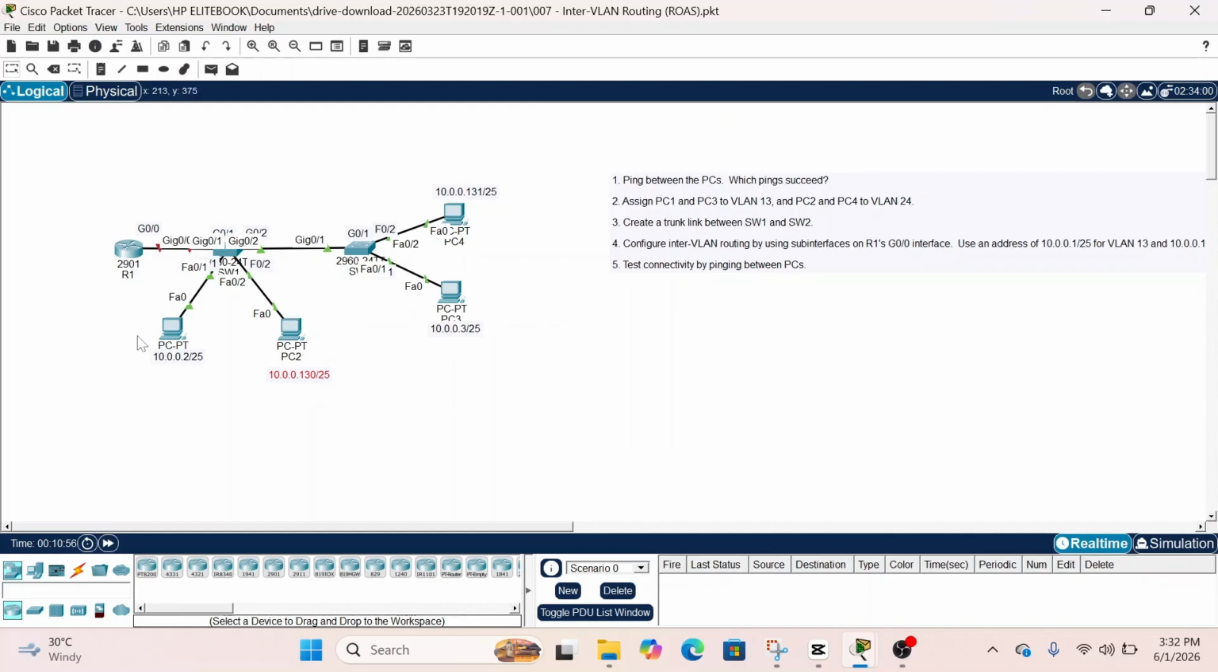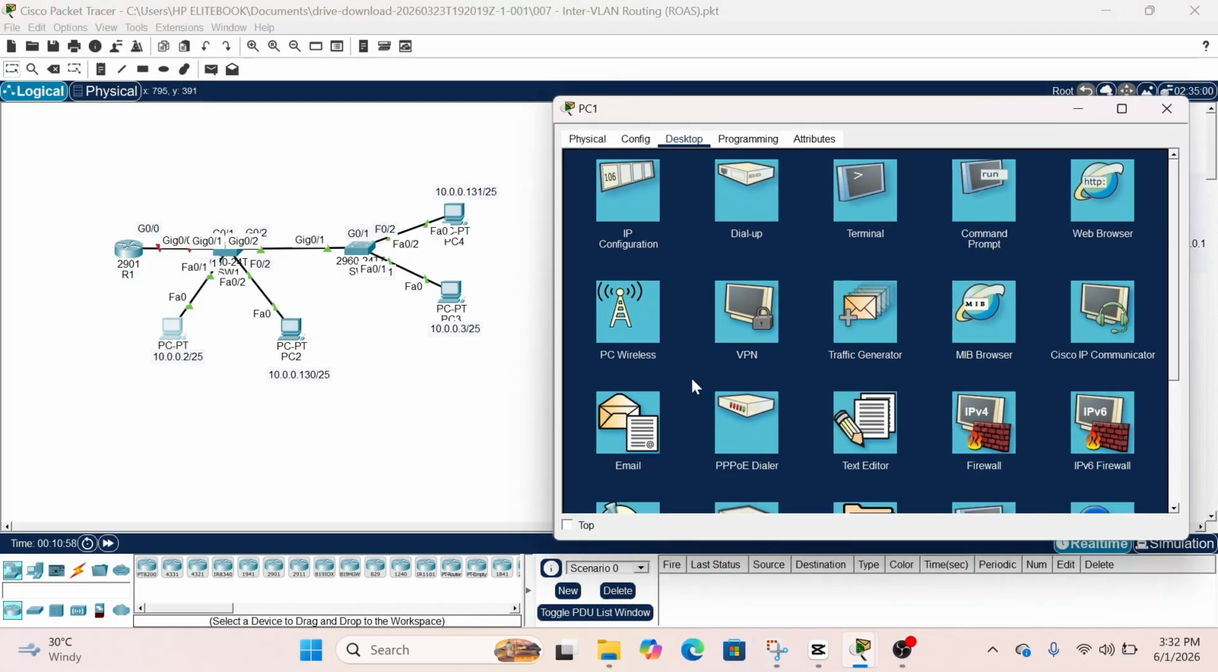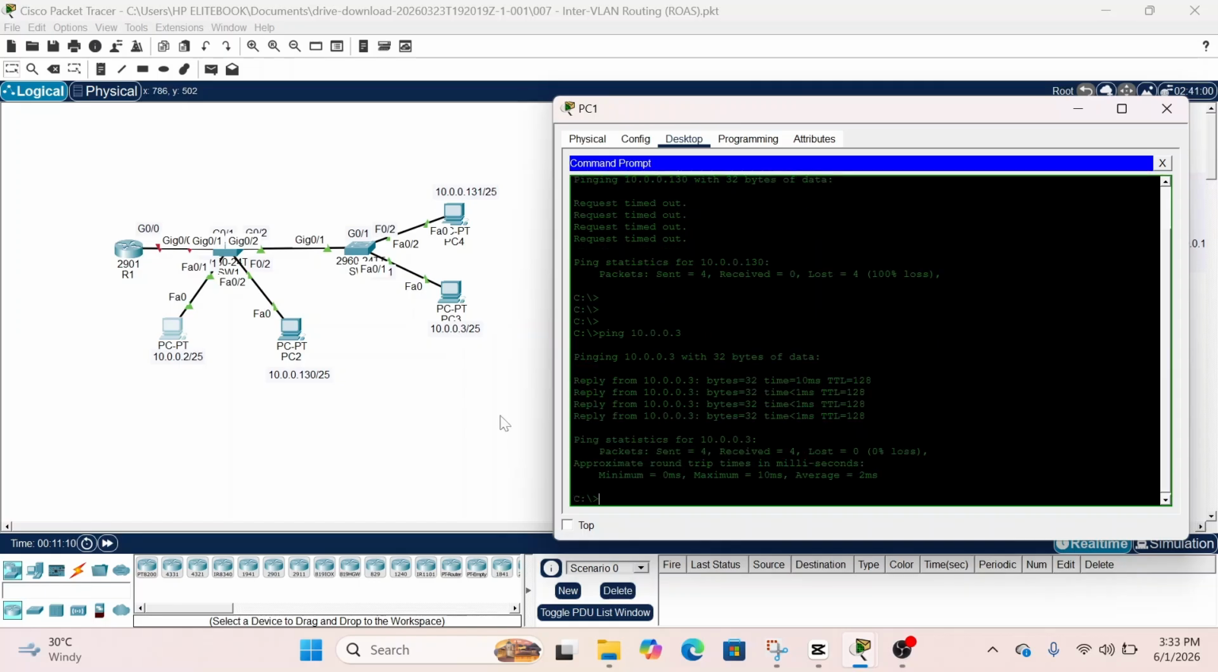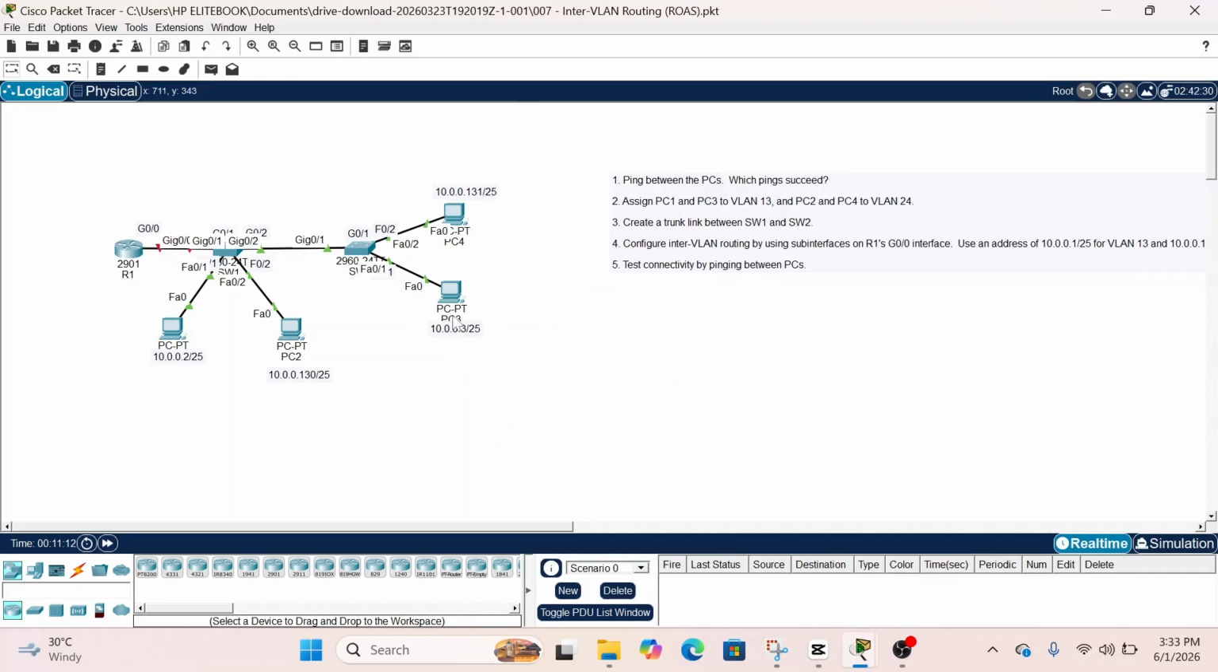But let us see now. Let us ping also from this PC to this PC. The command prompt and ping 10.0.0.3. Okay, also I'm getting the reply message. So the reason why, from this PC, which is on the 10.0.0.3/25 network, when it's trying to ping this PC, which is in the subnet of 10.0.0.130, they are in a